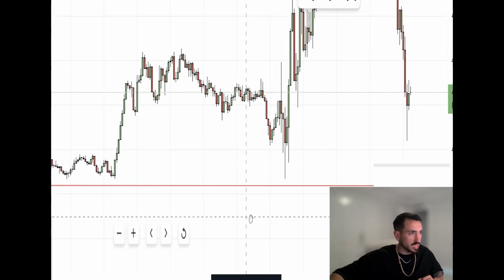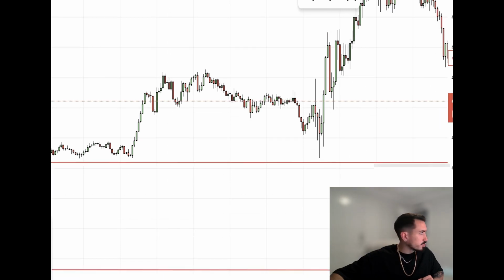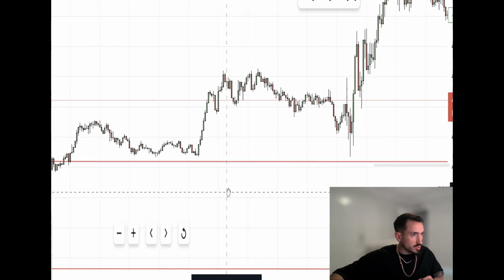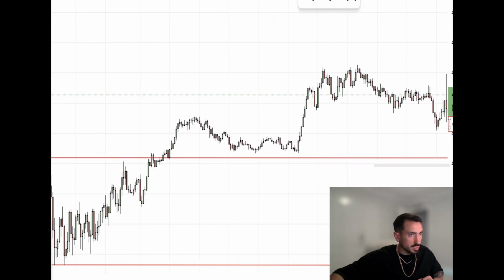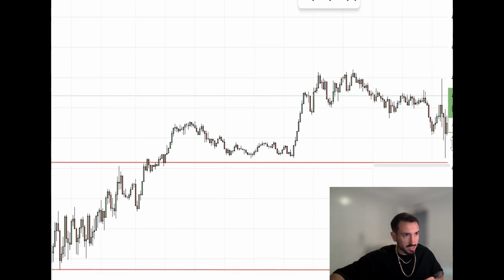So this was an example of a trade I took this morning that was profitable. I had my key levels marked up, market opened, came up to this level. We have a rule that we wait at least 5 minutes after the open. We don't want to enter before or right at open. 5 minutes minimum. Price comes down to this level, respects this already marked out level of support,